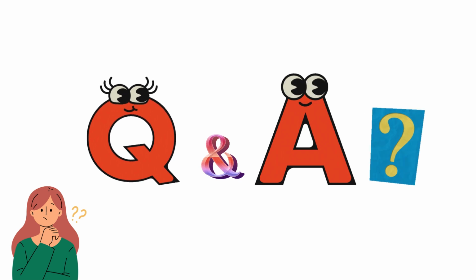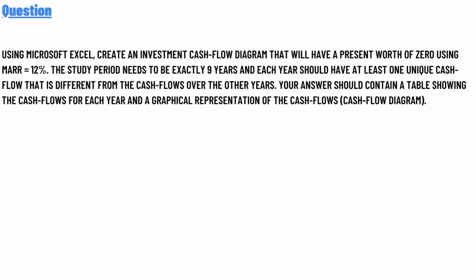Our today's question is: using Microsoft Excel, create an investment cash flow diagram that will have a percent growth of 0, using MARR equal to 12%. The study period needs to be exactly 9 years. Each year should have at least one unique cash flow that is different from the cash flow over the other years. Your answer should contain